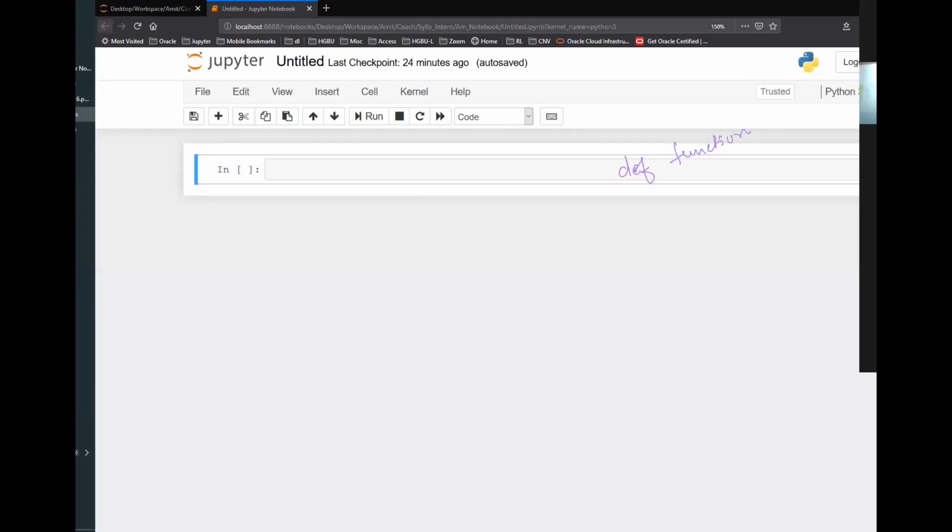Okay, so def is a keyword. Whenever you write this def, that means you are saying this is a function. You are telling your computer that this is a function. That's all. So def, and then you give a function name, and in brackets you will give parameters, because whenever you write a function, it will need some parameters on which this function will be working.